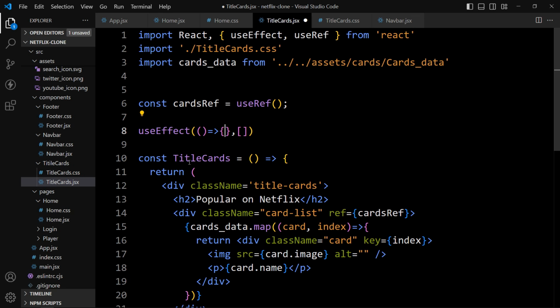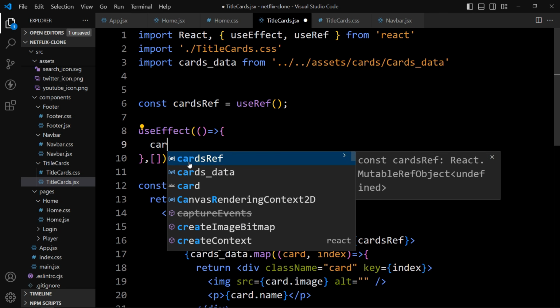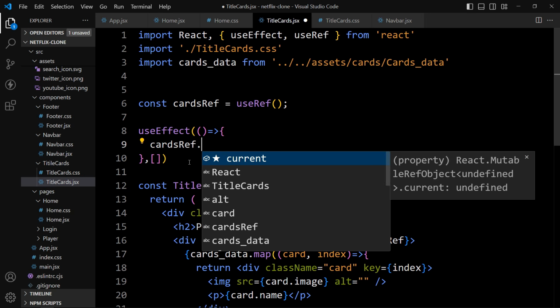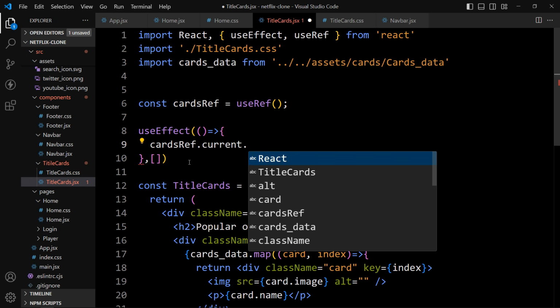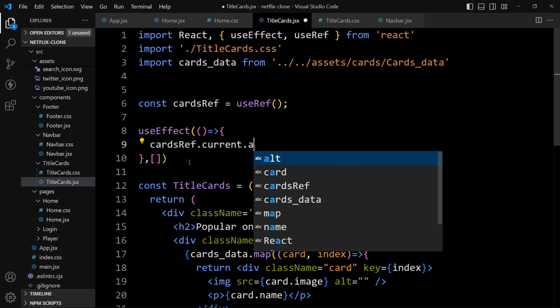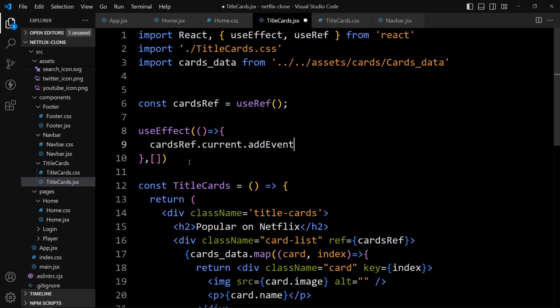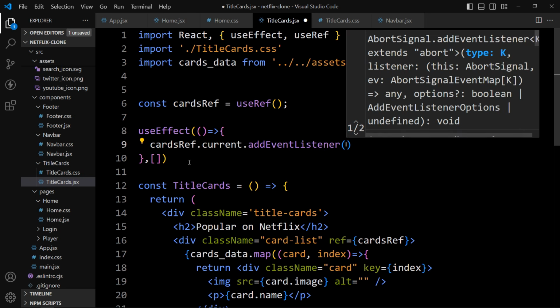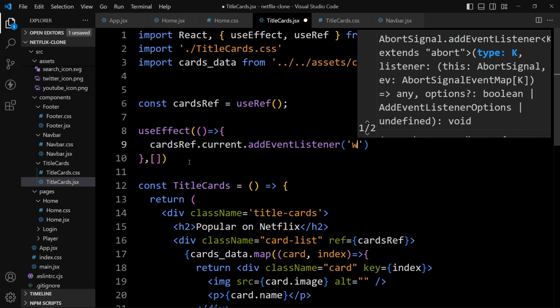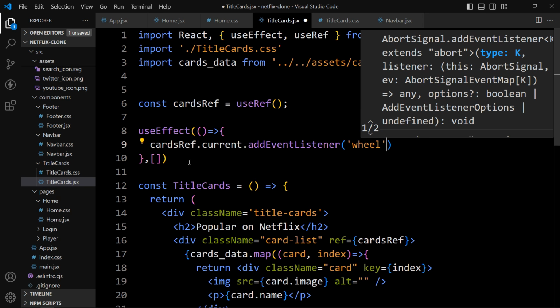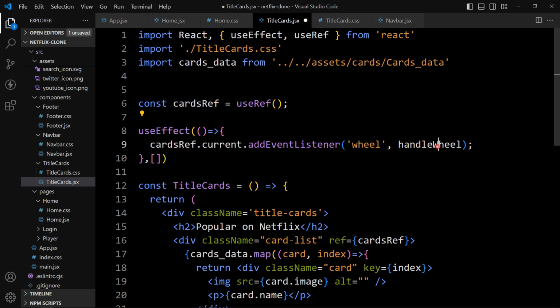So in this one, we will add cardsRef.current.addEventListener, and the event will be wheel, and here we will provide one function. So let's add the function name handleWheel. Next we have to create this function.